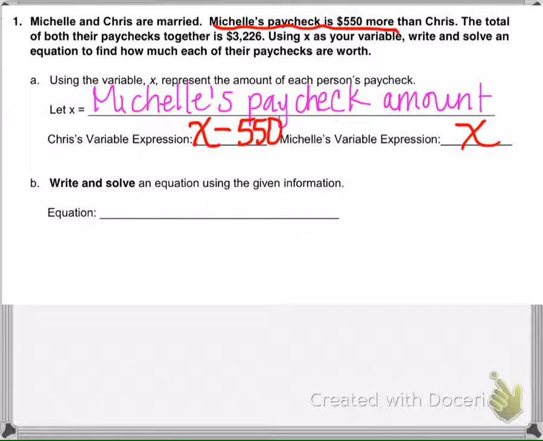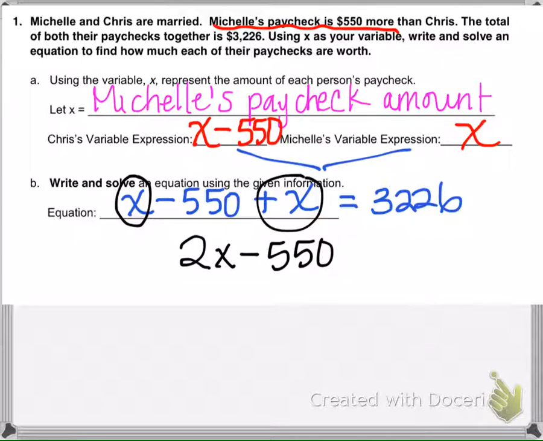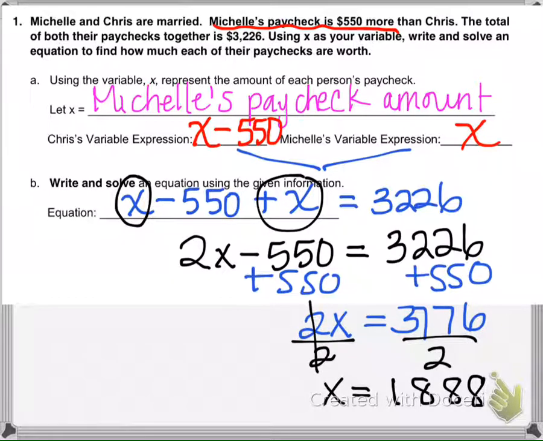So our equation would look like this. When we add these two together, their paychecks are still $3,226. We're still going to combine like terms, and then continue to solve this. Let's see what we get. This time we get